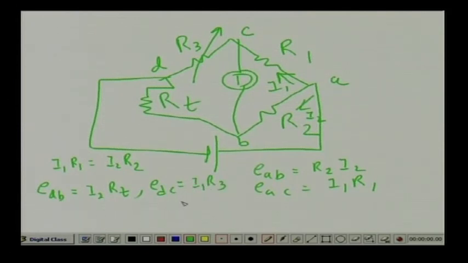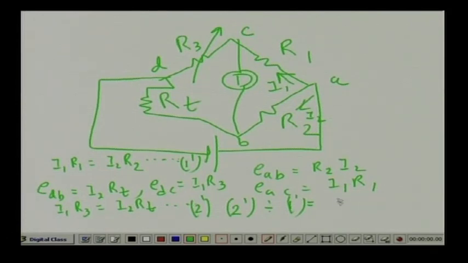So, I can write I1 into R3 equal to I2 into RT. Now if I divide this equation and this equation, suppose this is 1 dash and this is 2 dash, if I divide 2 dash by 1 dash,